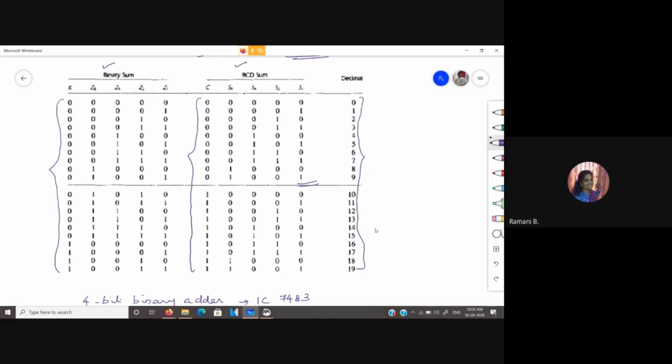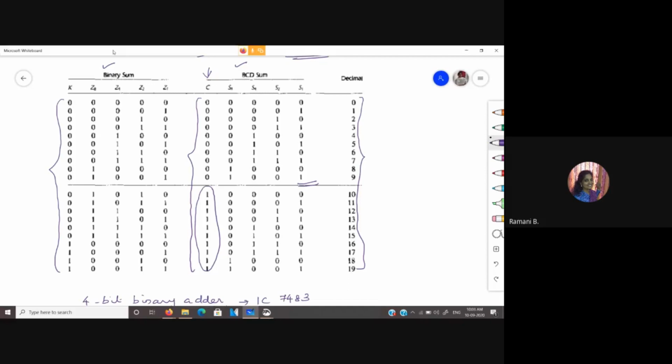So checking the table, you need to find mainly the expression for this BCD carry. Okay, the C in the BCD sum is what we need to check. So whenever I have a 1 in this place, we are actually adding 6 to it, right? Comparing these two tables, that is binary sum and BCD sum, you can see that where I have the value of C to be 1, I am adding 6.